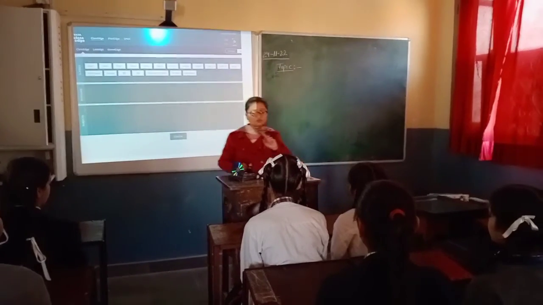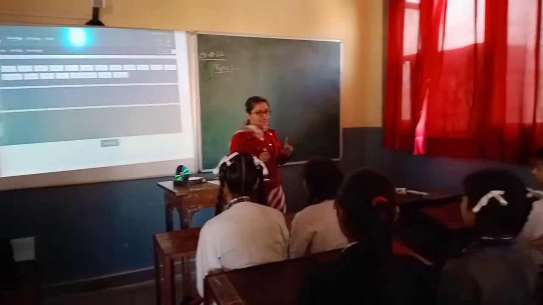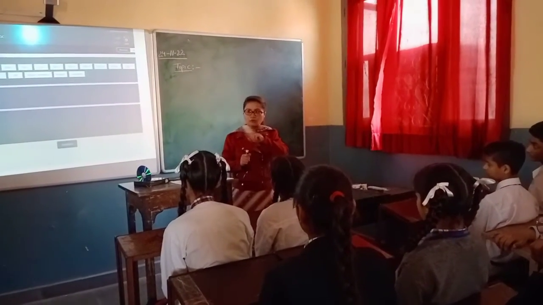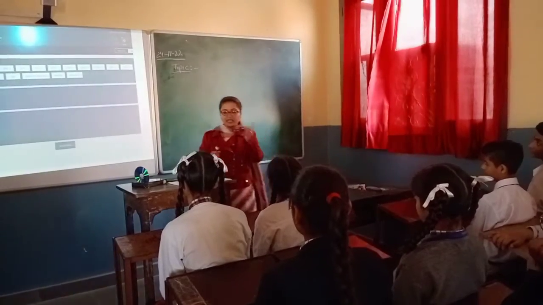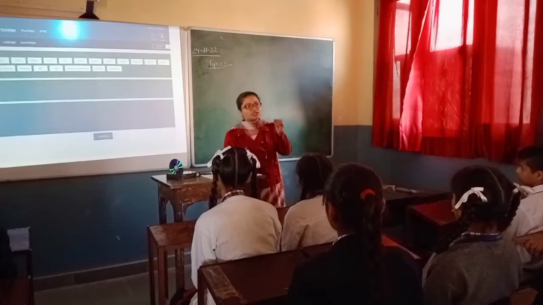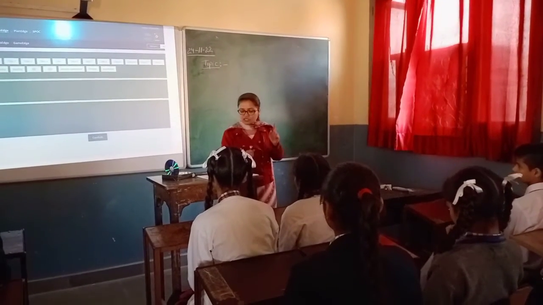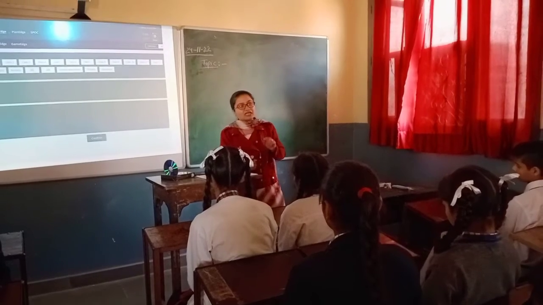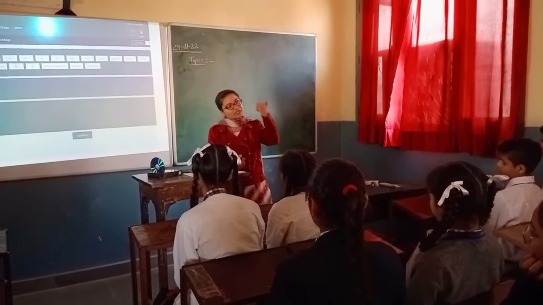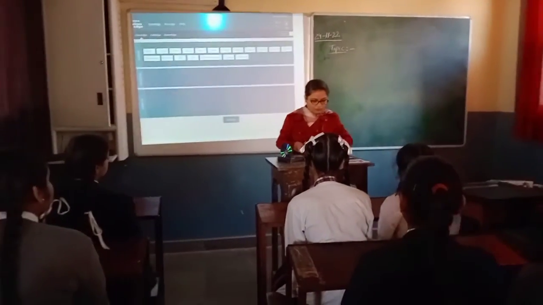Now, what is the difference between these three? In case of opaque object, they do not allow light to pass from one side to another. In case of translucent object, they partially allow the light to pass from one side to another side. But in case of transparent material, they allow light to pass fully from one side to another. So now